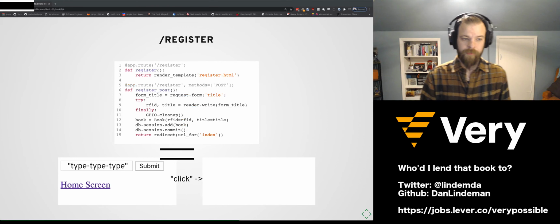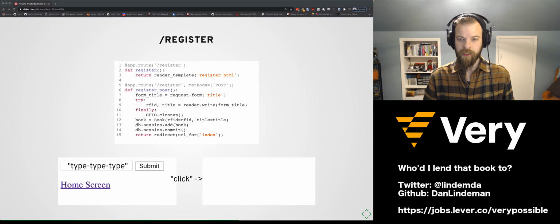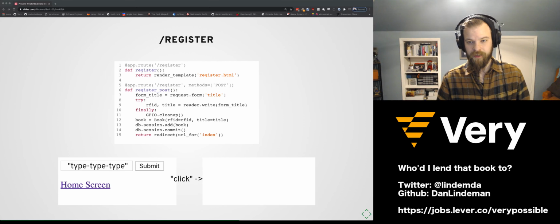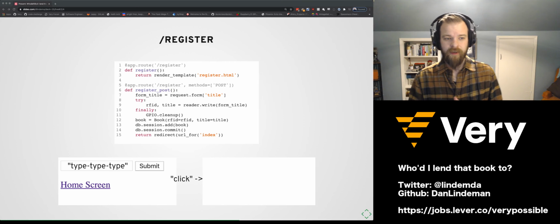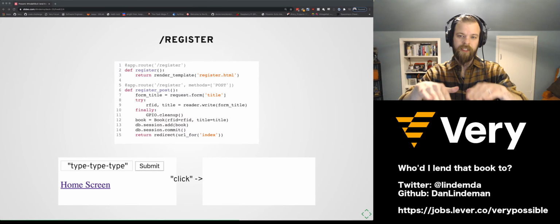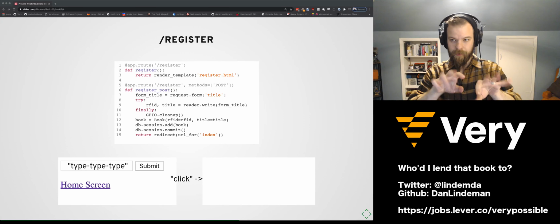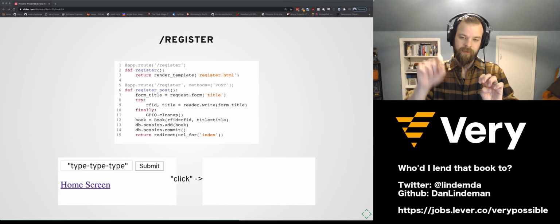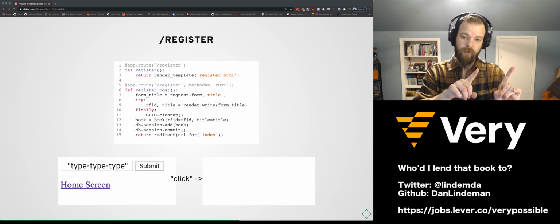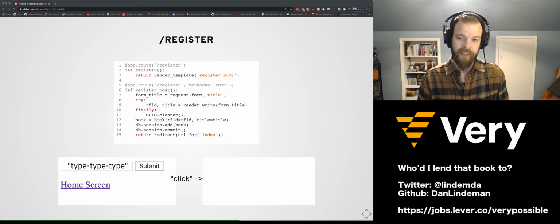Awesome. So the first page that allows us to interact with the hardware has a bug, and I'm wondering if you can spot it. If not, recall that at the end of the day, we're trying to transfer some bytes. We're going to take a title. So the screen works something like this. You type the name of the book, Gone with the Wind, and you hit submit, and it's going to write Gone with the Wind to the next RFID tag that it sees.